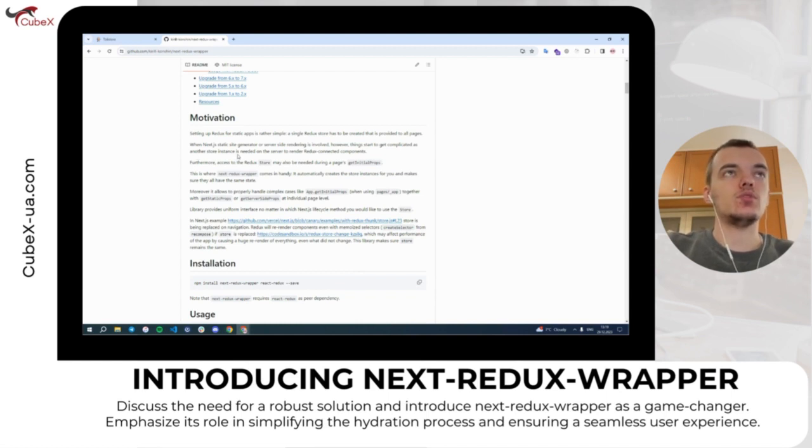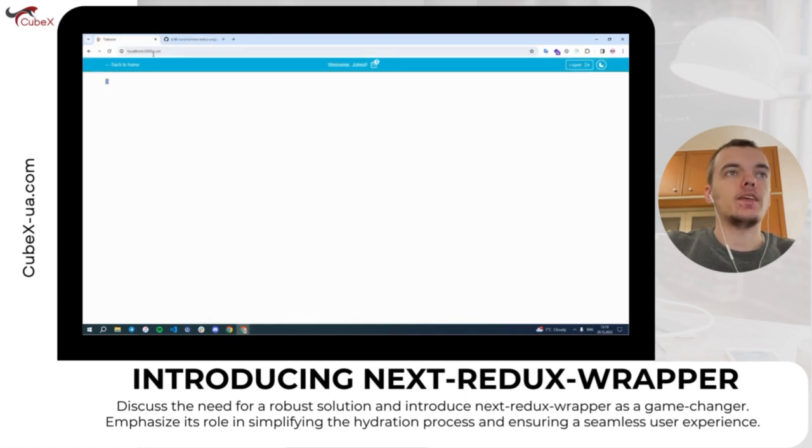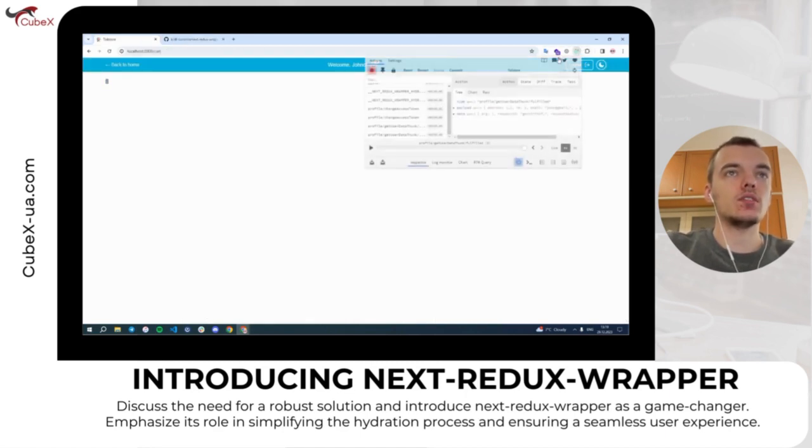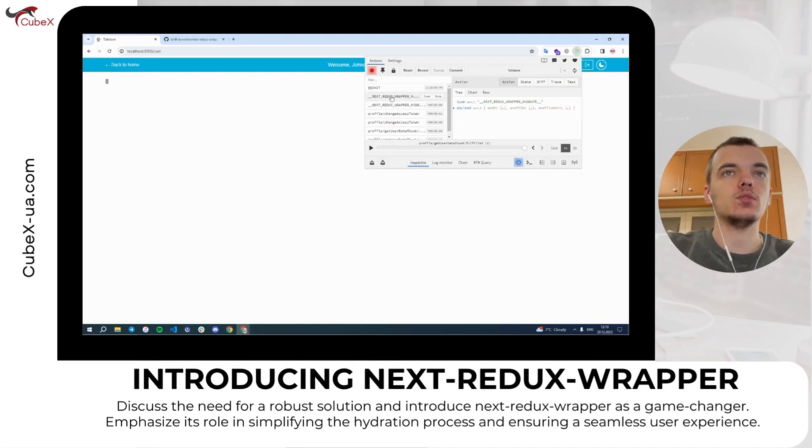And so let me introduce you to Next Redux wrapper. Motivation: setting up Redux for static apps is rather simple. A single Redux store has to be created that is provided to all pages. When Next.js static site generation or server-side rendering is involved, however, things start to get complicated as another store instance is needed on the server to render